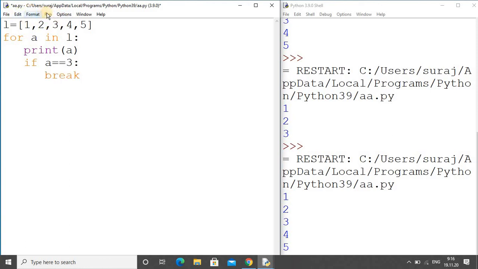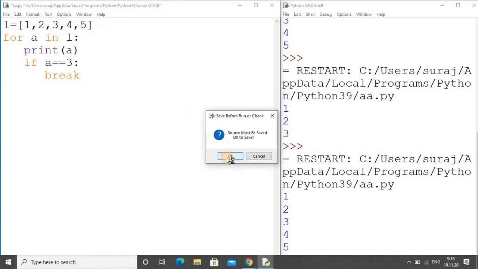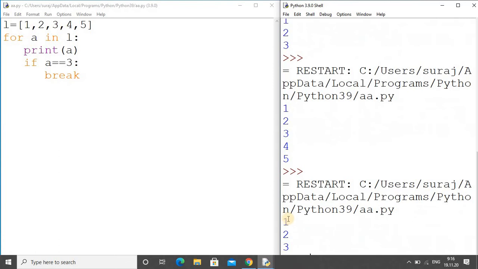Now we check what happens in the for loop. The output is 1, 2 and 3, because once the value is 1 it prints 1, then checks the condition, which is false, so it goes to the next value, prints 2, then prints 3, and once it is exactly equal to 3 it breaks out.